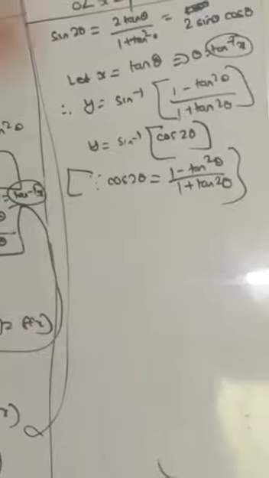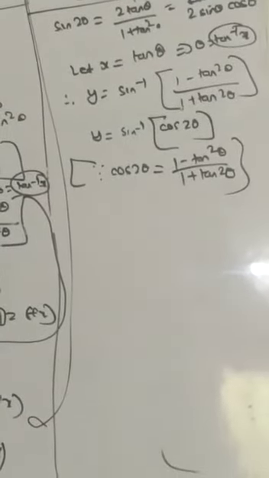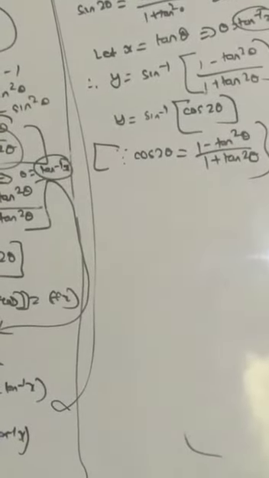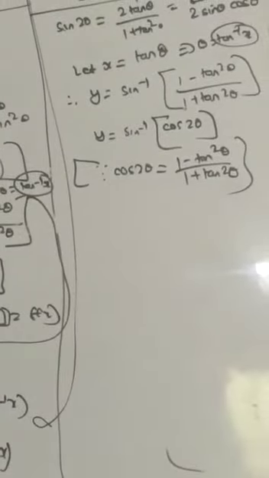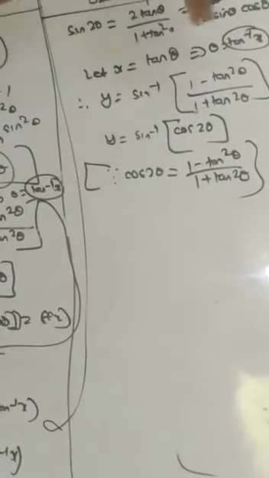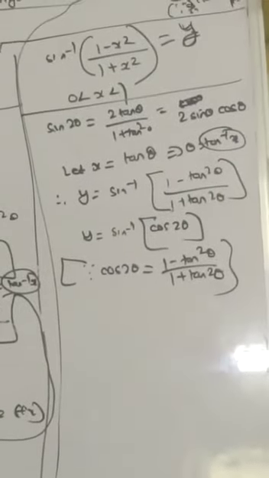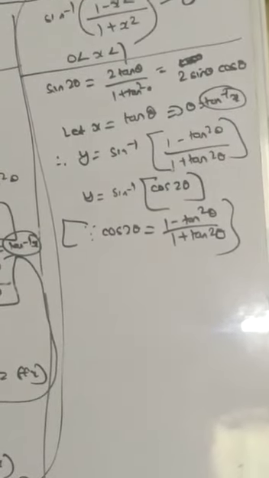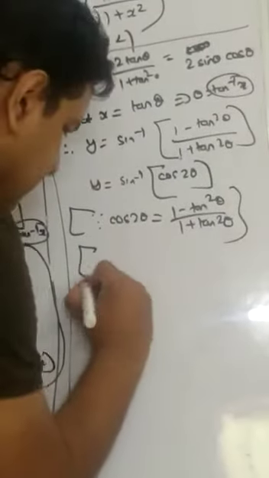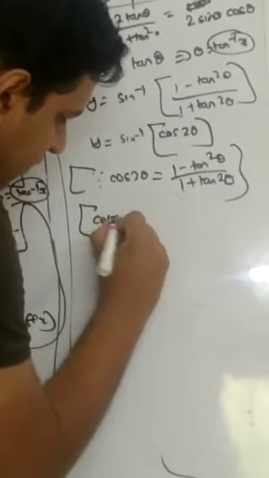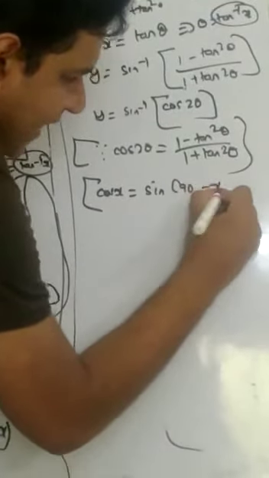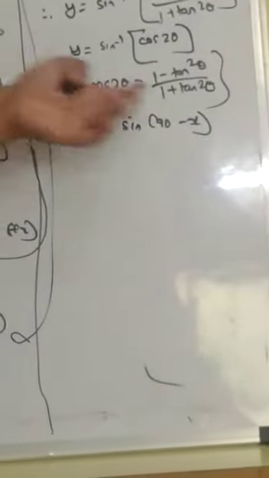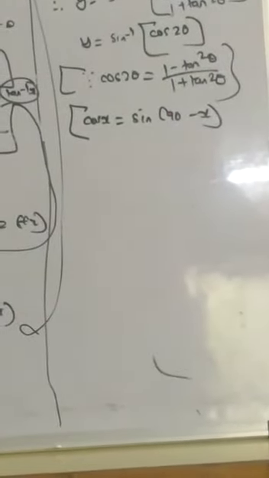I know cos inverse of cos of a function is the function. I know the inverse trigonometric function of any function is that function. But what do I do about a thing like sine inverse of cos 2 theta? I go back slightly. I will use eventually sine inverse of sine of a particular function, but I go back slightly to my 10th standard CBSE knowledge. Cos of any angle, let's say cos of x, how can it be written? Can I write it as sine of 90 minus x? Absolutely. Or cos of x can be written as sine of pi by 2 minus x. Can I? I absolutely can.